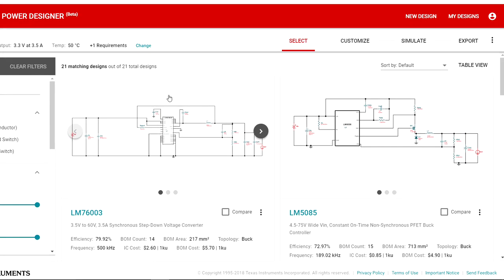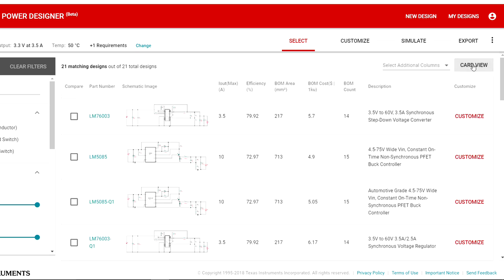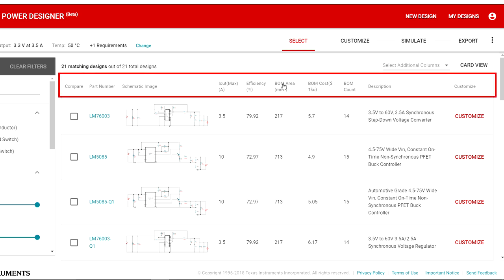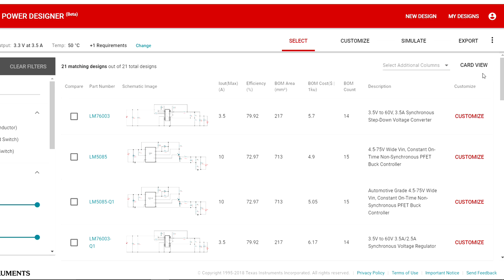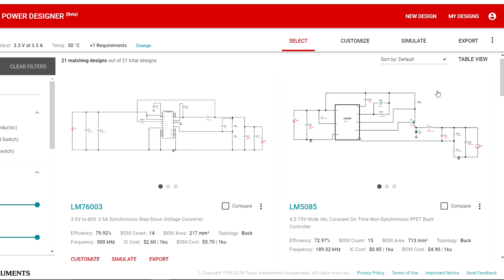Now, other than the card view that we see here, on the top right, you also have a table view. More traditional, here you can also sort designs by just clicking on each of the columns. You have the BOM area or cost. We'll go back to the card view. It has a couple of features that aren't available on the table view.